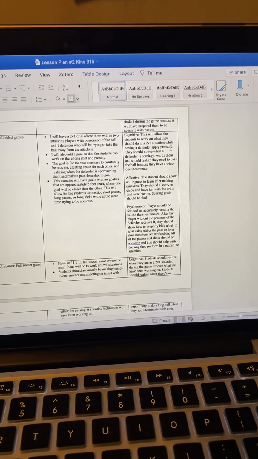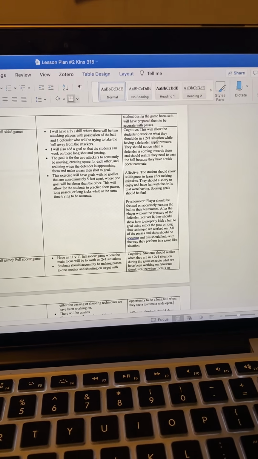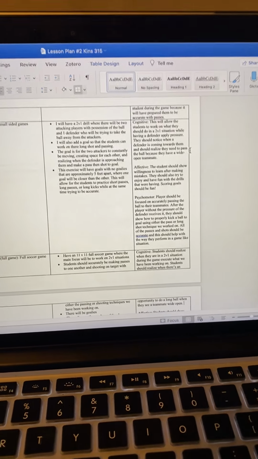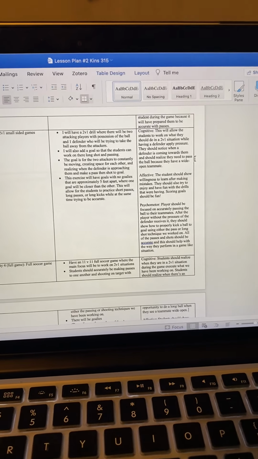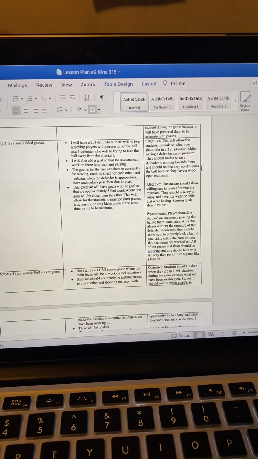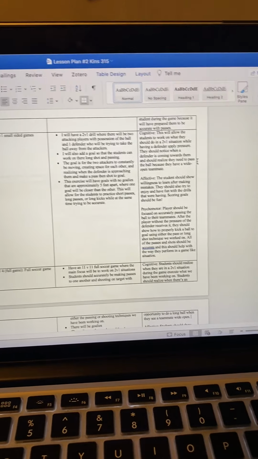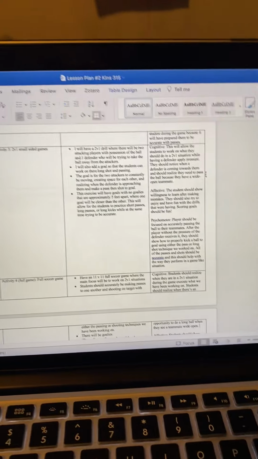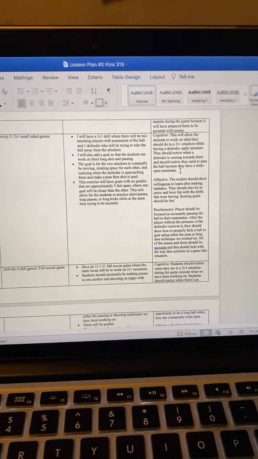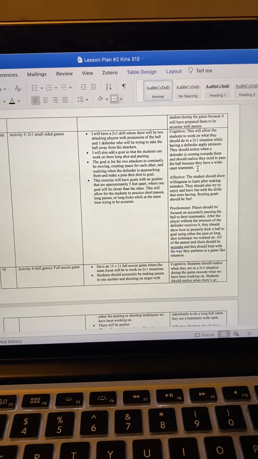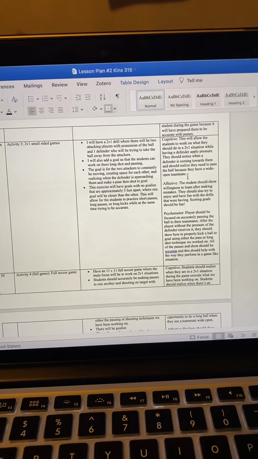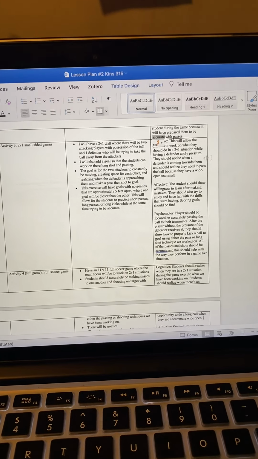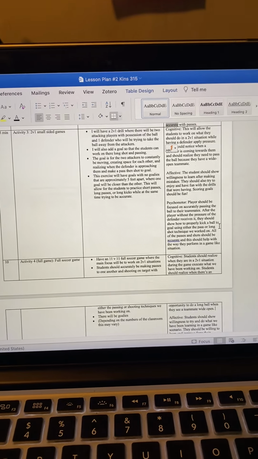And so for cognitive, this will allow the students to work on what they should do in a 2v1 situation while having a defender applying pressure. They should notice when a defender is coming towards them and should realize that it's time to pass the ball to your open teammate. And this will also transfer to a game-like situation. There are 2v1 situations in soccer games all the time, and it's important for them to realize that once we get into the game. So this is just practicing that and trying to get them to start thinking about those